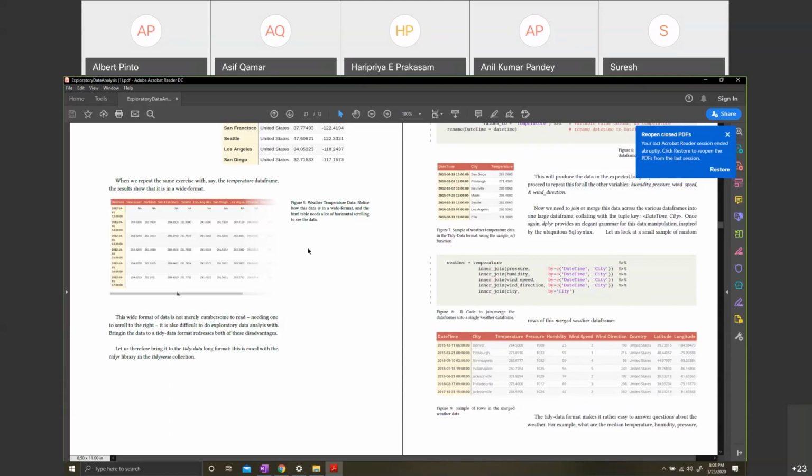So the way we say the above data set is not a tidy format, because it depends on what key you've selected to analyze the data, is it not? Yes, so the key here is the context. I want to know about San Francisco at this hour on this day. Will the data be there in one row?